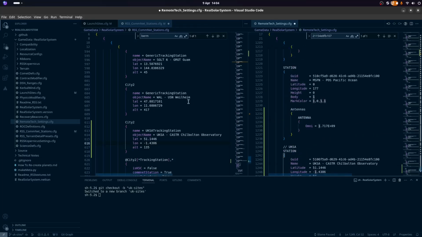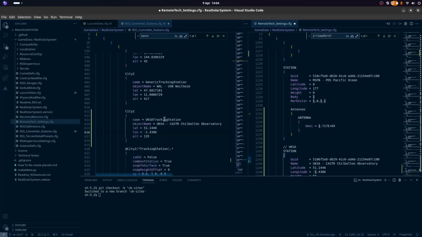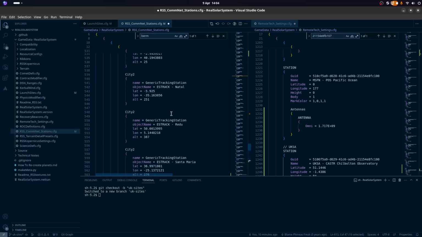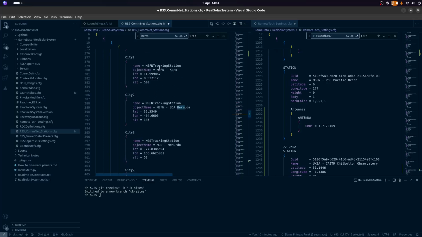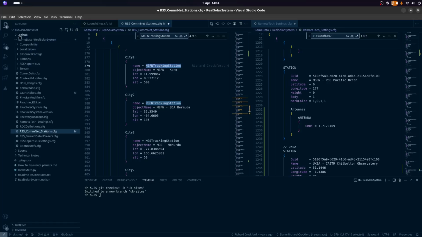Excellent. So, as I added this as a UKSA tracking station, we're going to want to find any references to MSFN, because this is what we have duplicated. It is all in there. Okay, wonderful.